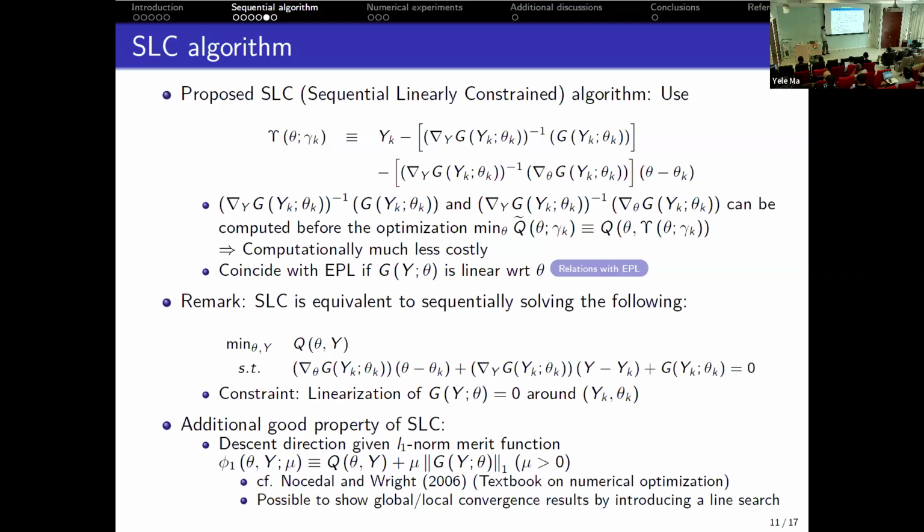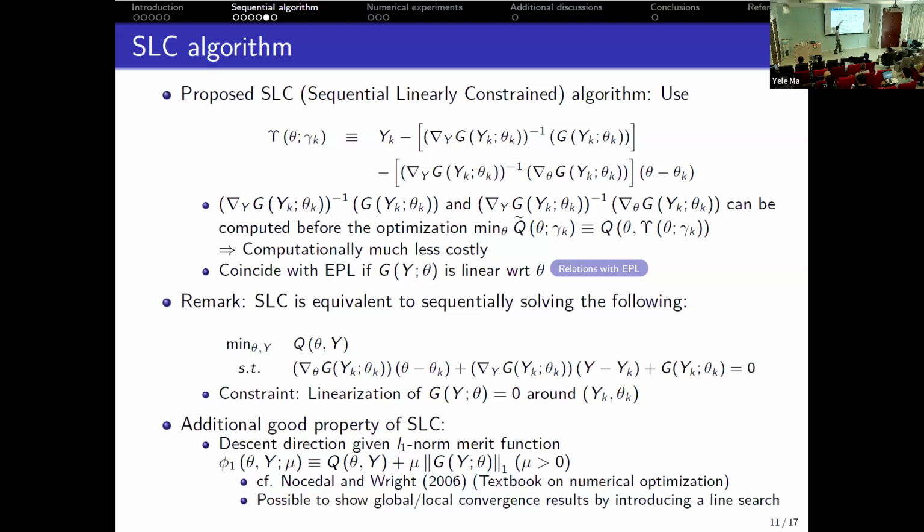And this optimization step implies that given a candidate value of theta, we need to compute the value of epsilon. So the computational cost of epsilon should be as small as possible. And concerning the SLC,